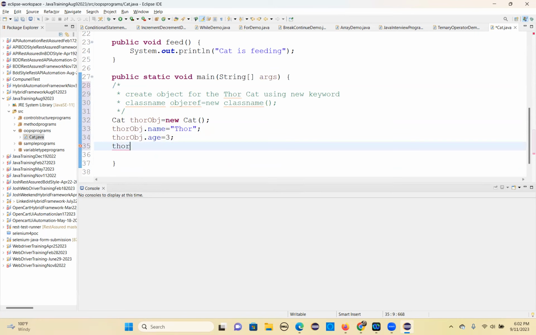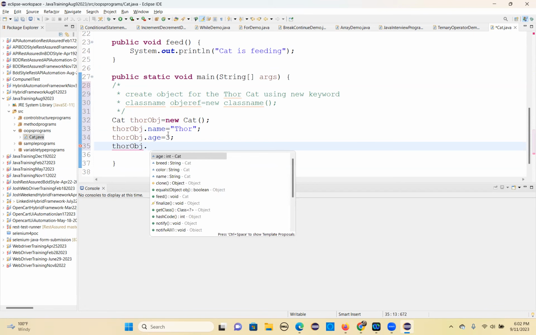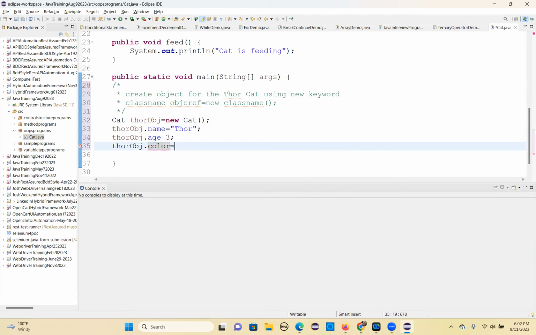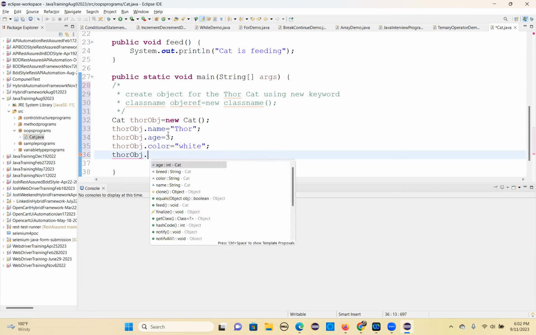Thor obj dot color equal to white. Thor obj dot breed,